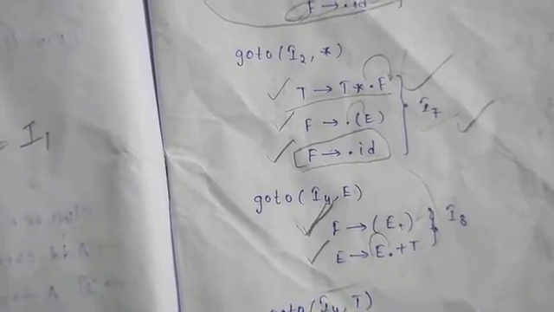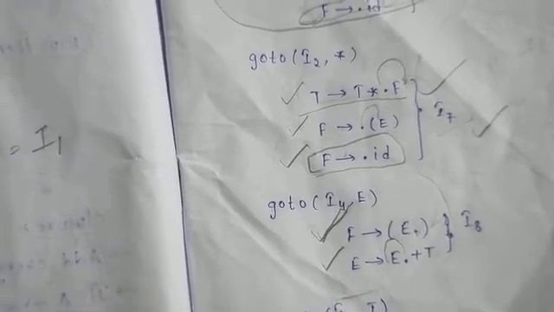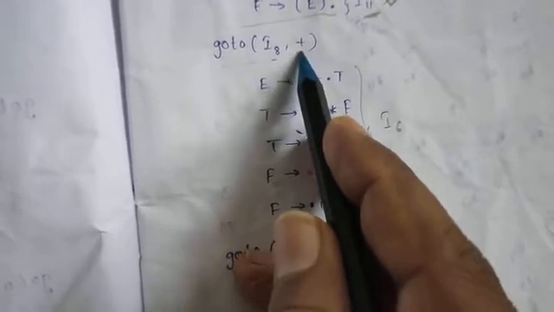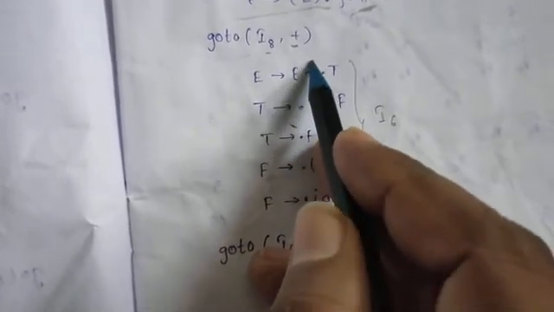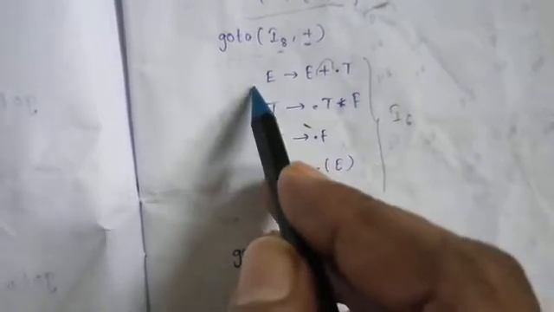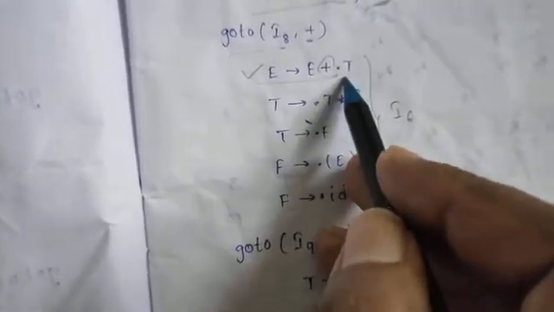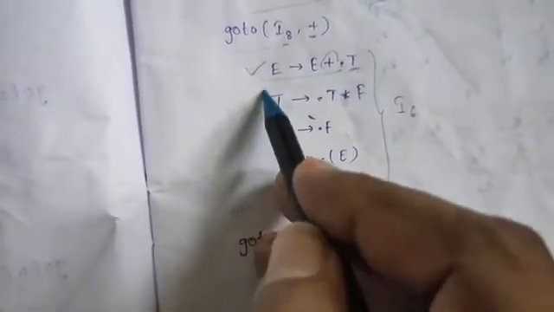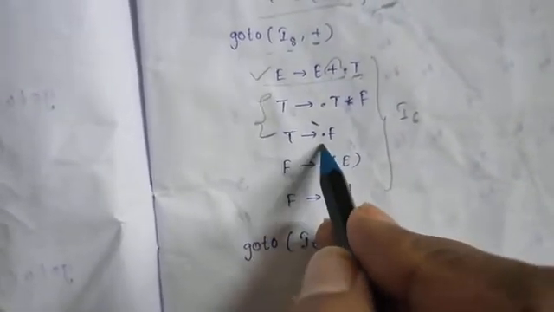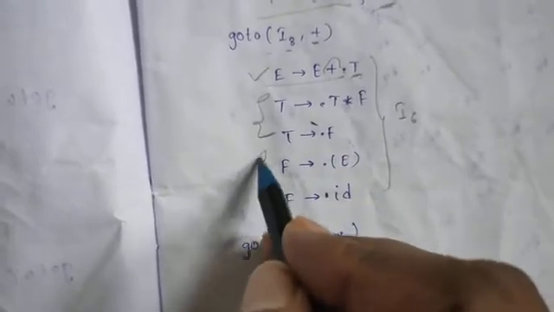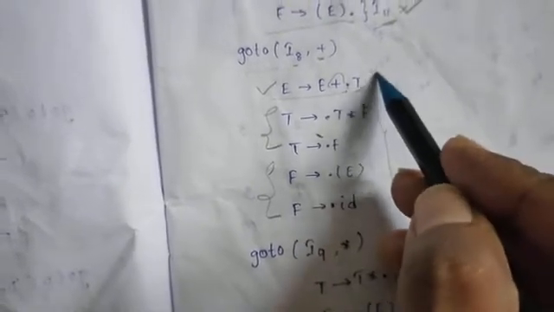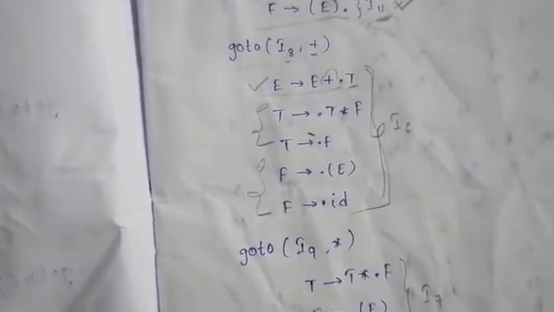E tends to E dot plus T. Okay, so here in goto I8, the dot is moving on the plus symbol. For that reason here the dot is moving from here to here. So this is the first production. After completion of this one, the dot is followed by a capital letter. For that reason you need to place T related things. Here the dot will be followed by capital F. Then F related things will be placed here. After completion of that one, all these productions can be kept in one state.